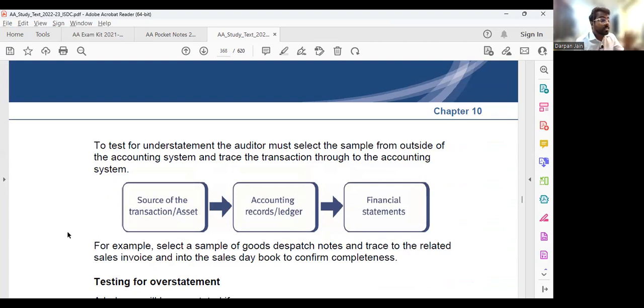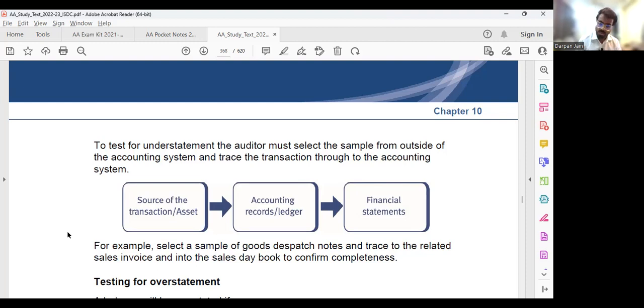So you're selecting some physical assets, some sample of physical assets, and tracing it back to the financial statements to see whether all of those fixed assets that you've selected have been recorded in the financial statements or not. That is checking for